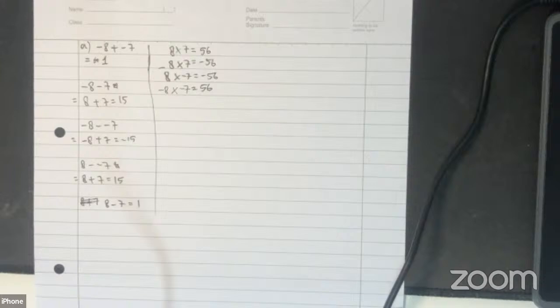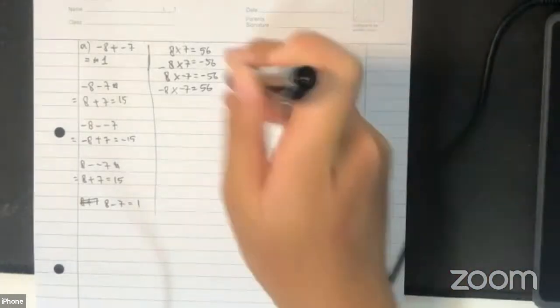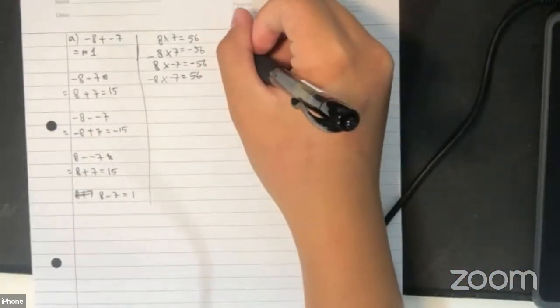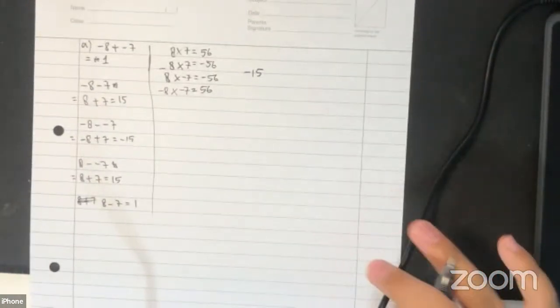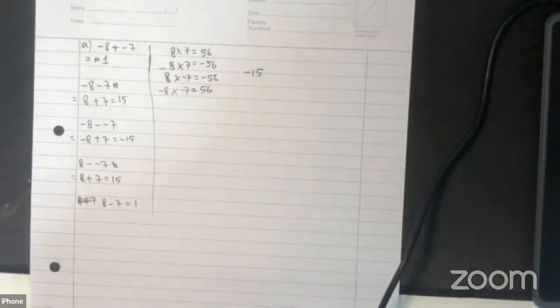Now, you give yourself negative 1. Is negative 1 smaller than negative 8? It's not. Is that acceptable for you? No. Then think about it and please give an answer that is smaller than negative 8, if that makes sense. Of course, you can just write down on your paper. So you think that now it should be negative 15, right? Negative 15. And I will say that that would be correct.